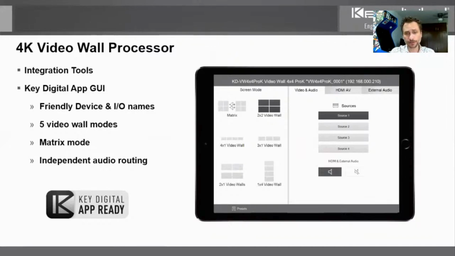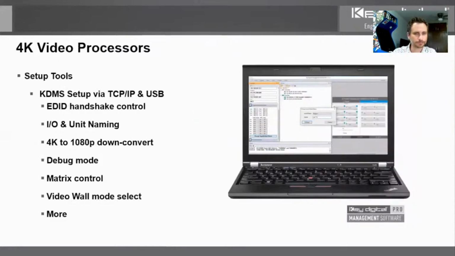Then, when it's time to hand this over to the end user, if they're an iOS user on iPad or iPhone, we have the free KeyDigital app with the KD-VW4x4 Pro K UI. You have access to all of those exact same features, but you don't have the network setup and the bezel adjust or panel flip features. But if you're integrating and you work with KeyDigital devices often, you're probably also familiar with KeyDigital management software, and that's where we give you those tools for